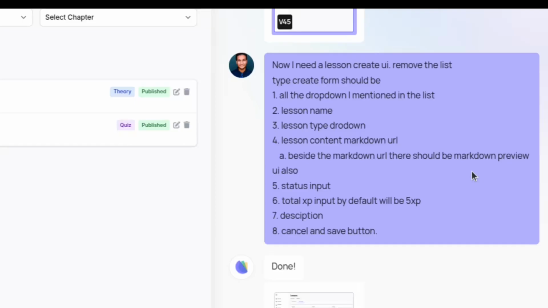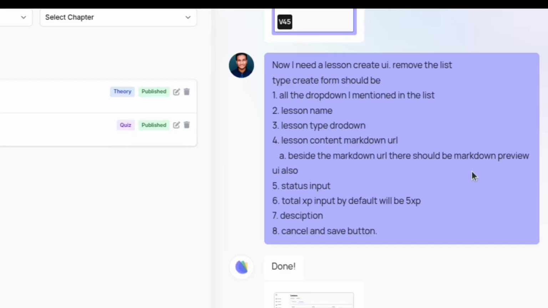So I'm not going to add any rich text editor to add markdown content. Instead of that, I am taking a URL, because for the markdown content I will use GitHub to organize all the lessons there, and then I will just grab those markdown content URLs and place them in my platform. I think that will be really easy, and also cost efficient, because if I integrate a rich markdown text editor, then inside that I also have to add images, then a lot of content I have to fit in there. Then I will also have to think about hosting, like how I'm going to host a lot of data. So that's why I used a clever trick here to use any sort of markdown URL,